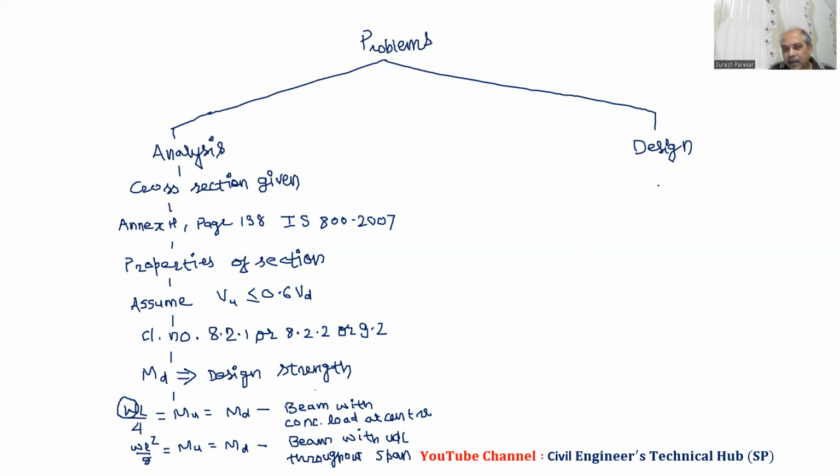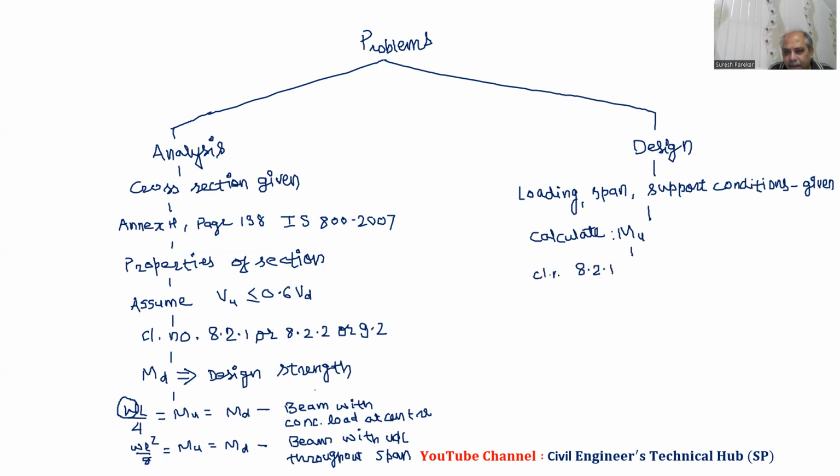In the design, we have given loading, we have given span, support conditions. These are given. Knowing these values, we are in position to calculate the value of MU. Now, knowing MU, we are in position to decide the section, and that is by using the formula of